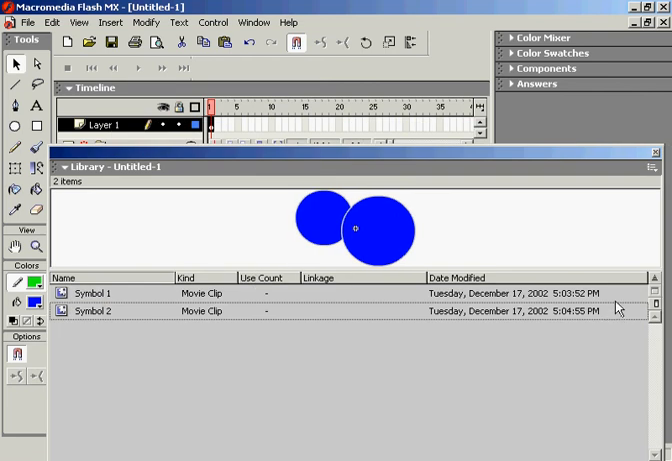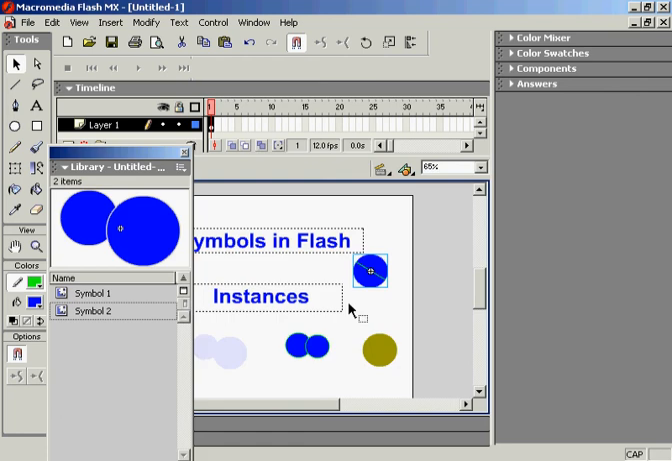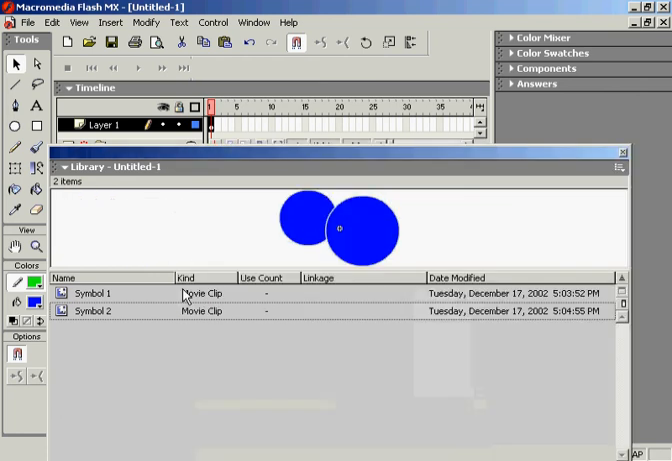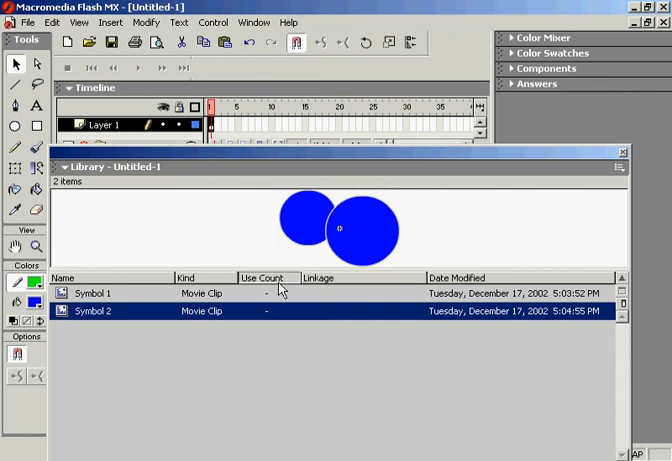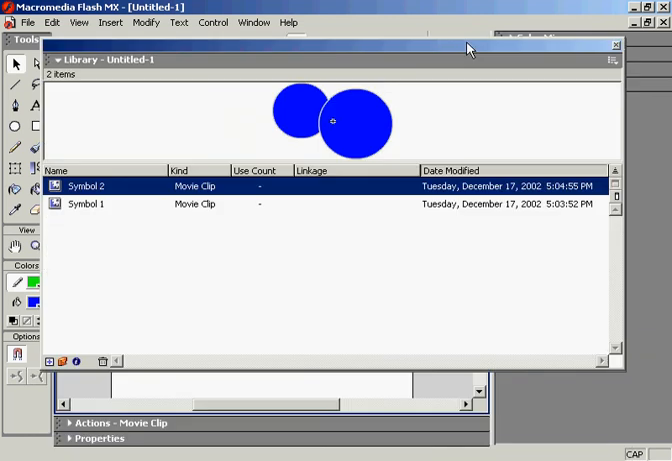We're able to quickly adjust the size of the movie here. We've got a wide view and a narrow view of the library. We can quickly adjust it back down small, or we can adjust it back to the full view like it was up here. We've got the use count, and we've got linkage, the date modified, and down at the bottom here,